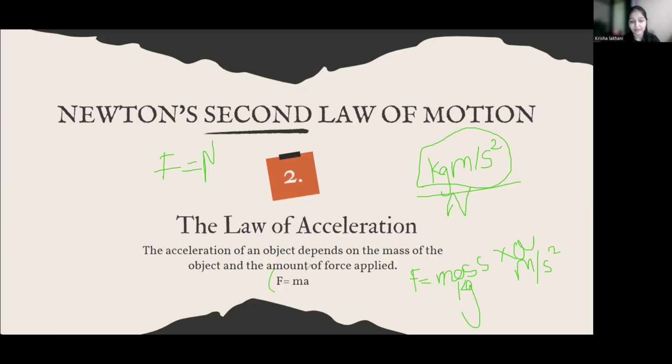This formula is very, very important. Means what? The acceleration of any object. कोई भी object के ऊपर acceleration हो रहा है तो वो किस पे डिपेंड करेगा? उसके मास और उसके फोर्स के ऊपर. कितना फोर्स अप्लाई किया है और कितना वो बॉडी का मास है, फिर ही वो एक्सेलरेट करेगा, आगे जाएगा. मतलब एक्सेलरेशन अगर हम प्रेस कर रहे हैं, गाड़ी में भी, स्कूटर में भी, so what will it depend? On the mass of the object and the vehicle, and then कितना फोर्स हम उसको एक्सेलरेट कर रहे हैं. This is the force that we are applying and then it will accelerate. So this is the second law of motion. I hope it is clear for all of you.